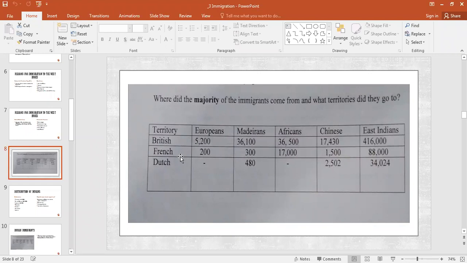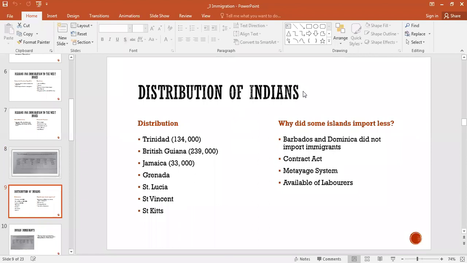Now, if we look at the French West Indies, also had a large number of immigrants from India at 88,000, the Chinese 1,500, and 17,000 free Africans. And if we look at the Dutch West Indies, the majority of immigrants came also from India. So India supplied the Caribbean with a lot of immigrants after slavery ended. Now, if we look at the immigrants per territory, and we're looking directly at East Indians in the territory of the British West Indies,